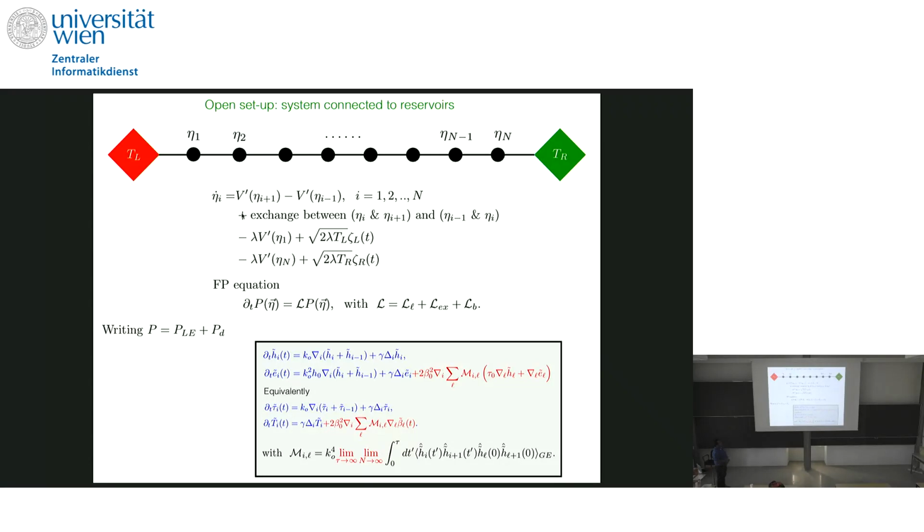So in this setup, of course, you have to add two other terms at the two ends. The reservoirs are represented by Langevin reservoirs. So you have this term, Langevin reservoir, from this end, and this term from this end. And so your Fokker-Planck equation also gets modified. You have an extra piece in the Fokker-Planck operator from the boundaries. And once again, I follow the same procedure, assuming a slowly evolving local equilibrium picture, and write down the local equilibrium distribution plus a deviation, and follow the same procedure. I get exactly the same equation and kernel in this form.